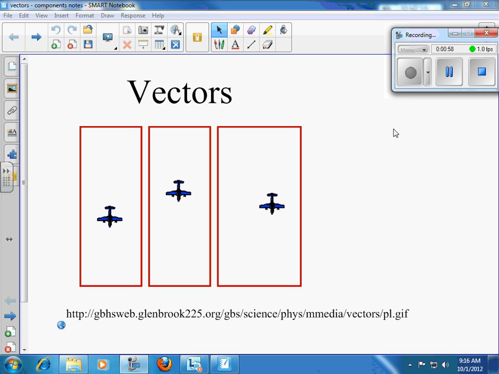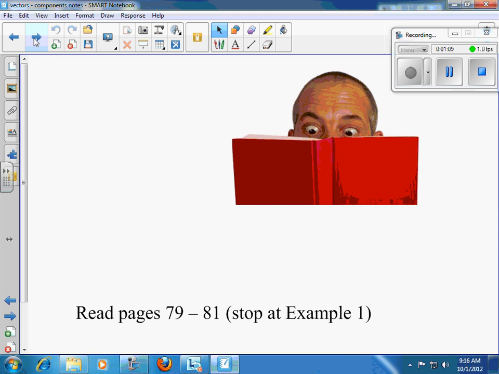Okay, let's talk about vectors. I promise you that things will get a whole lot easier. I'm not going to lie. But the first thing we need to do is have a look at, if I can find my textbook,